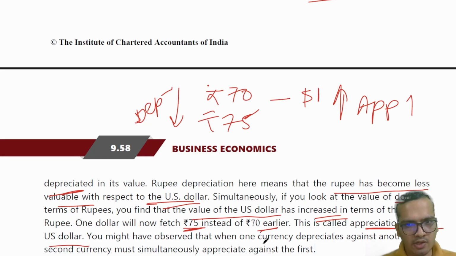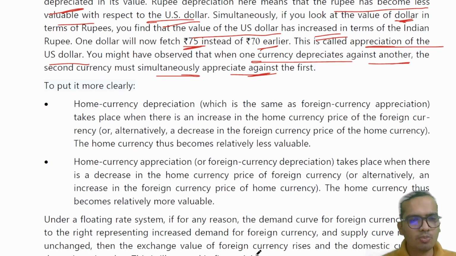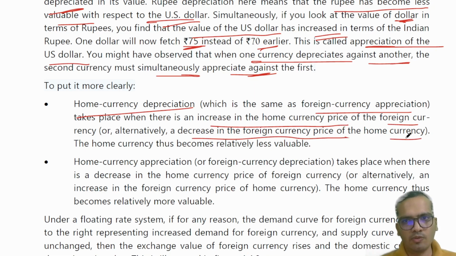You might have observed that when one currency depreciates against another, the second currency must simultaneously appreciate against the first. To put it more clearly, home currency depreciation, which is the same as foreign currency appreciation, takes place when there is an increase in the home currency price of the foreign currency, or alternately a decrease in the foreign currency price of the home currency. The home currency thus becomes relatively less valuable. That is, less valuable in the first case, which is talking about the rupee. Second, home currency appreciation, which was the dollar's case,